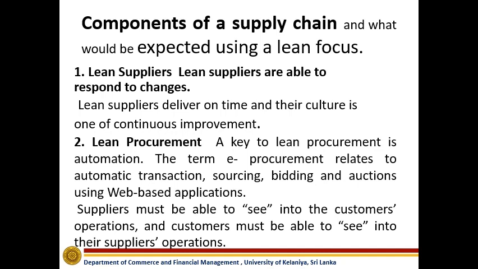Especially the most of the companies collapse and most of the companies earn much more than the previous times in this COVID-19 period, because they have capacity, they have capabilities to adapt to these changes, right? Lean suppliers deliver on time and their culture is one of the continuous improvement, continuously improve වෙනවා. ඒ කියන්නේ හැමදාම වැරදි අඩු කරගෙන waste අඩු කරගෙන හොඳම දේ හරිම වෙලාවට deliver කරන එක තමයි lean supplier කෙනෙක්ගේ